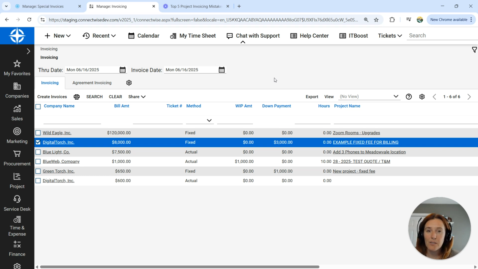And the way ConnectWise wants you to do it is they want you to go down payment invoice, progress bill, progress bill, progress bill, however many you need, and then one final standard invoice. There should only be one standard invoice per project. How do you create a progress invoice? You're going to click into the company name,